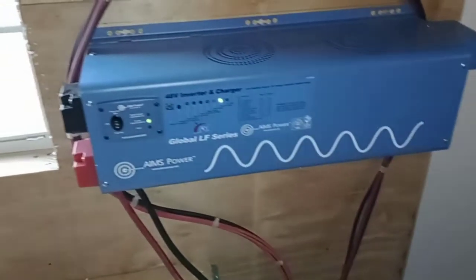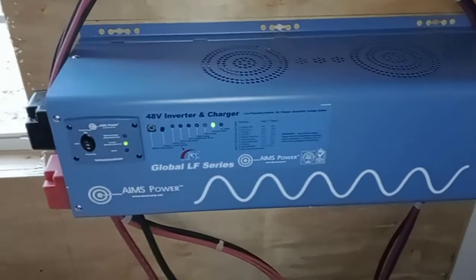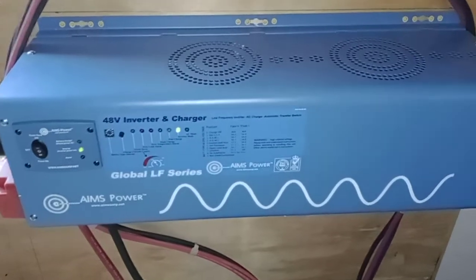This is the heart of the beast right here. So this is the Ames 6,000 watt pure sine wave inverter. Okay, and basically,